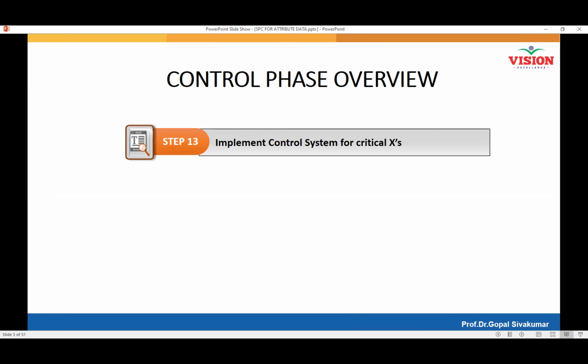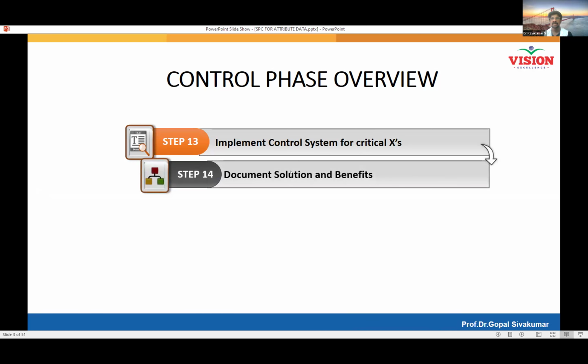To verify that our process is operating in a controlled manner. Yes, to find out whether the process is in control or not. Okay, so you must be aware that the control chart is mainly used in the control phase. Why are we using it? Because we want to be sure whether the process is in control or not, and we want to find out whether the solution which you have implemented in the improve phase has really performed or not. In order to identify that, we need to